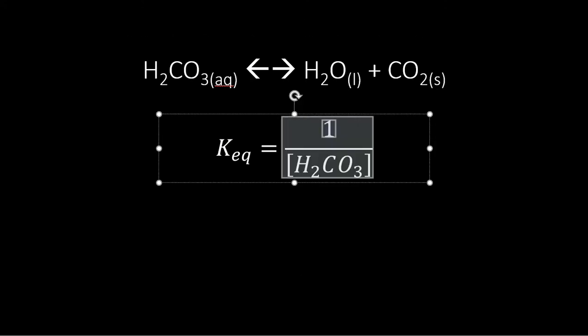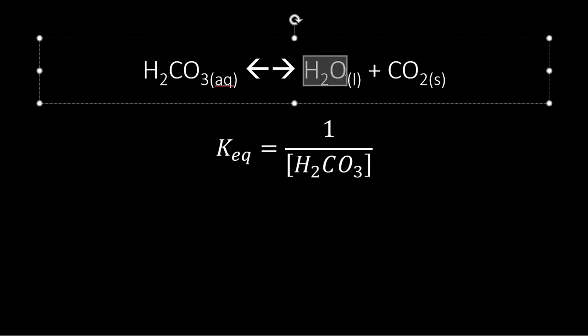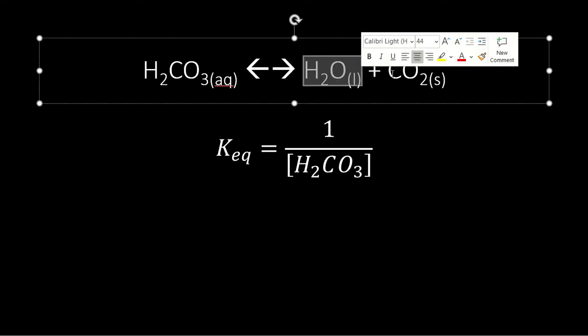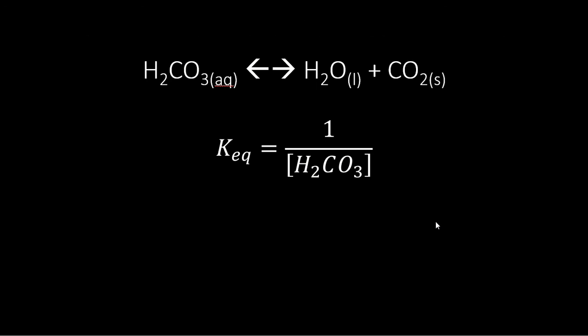Well, in this case, the numerator in our chemical equilibrium would just be 1, because we never include water if it's a liquid, and we never include anything that's a solid. So in this particular case, with these various physical states, the equilibrium expression would just be the inverse concentration of